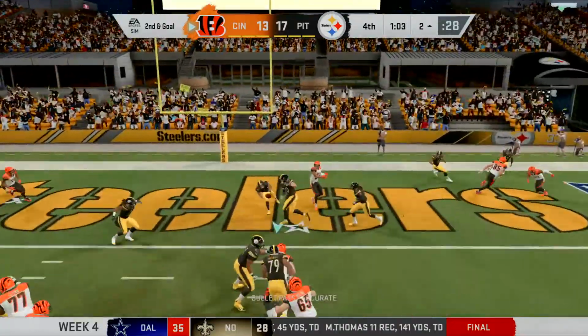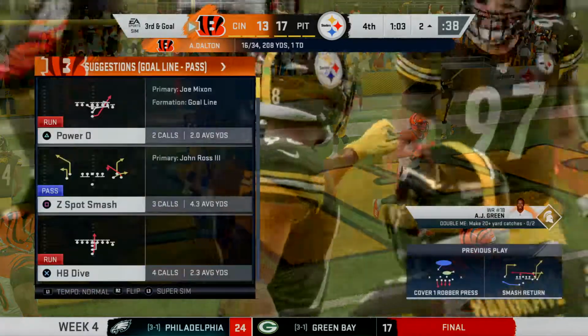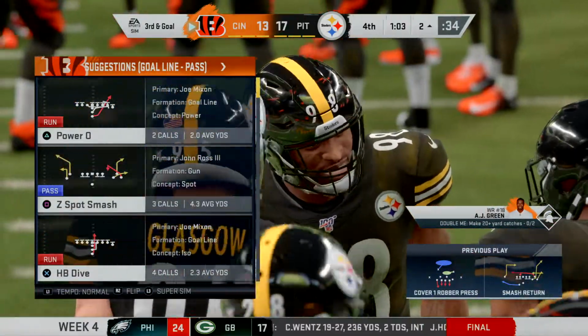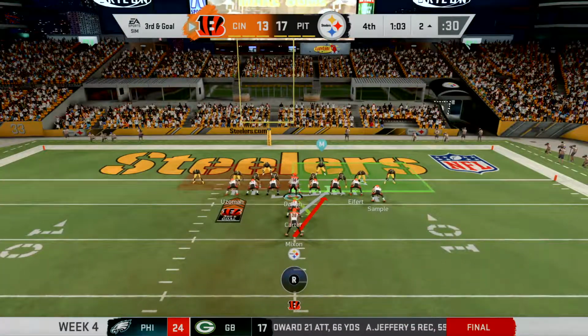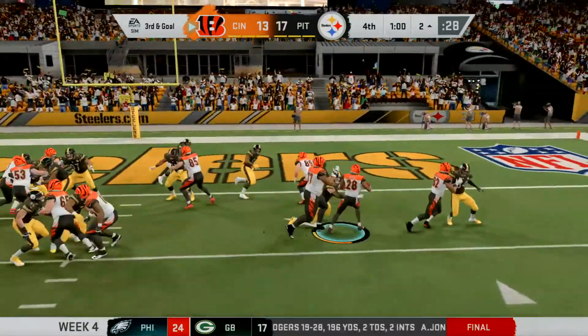All right, here's Dalton toward the end zone, but that's going to wind up incomplete. The linebacker, T.J. Watt, there on the coverage. What a play. Maybe a game-saving play on the knockdown there. That was beautiful, wasn't it? If you're looking at it from the defense's perspective, it looked like they had a shot at it, maybe a